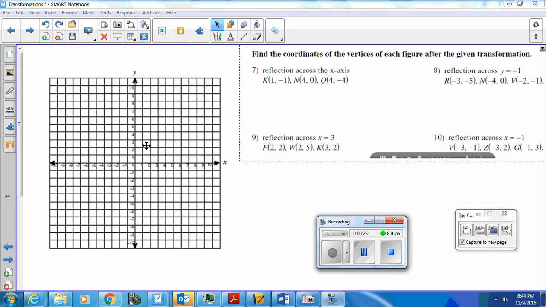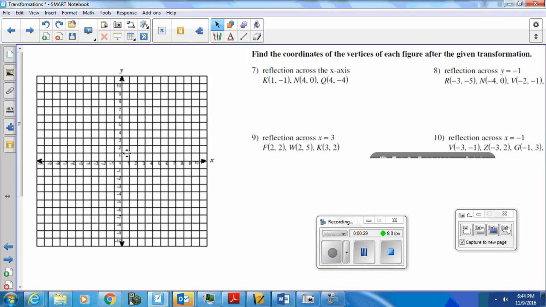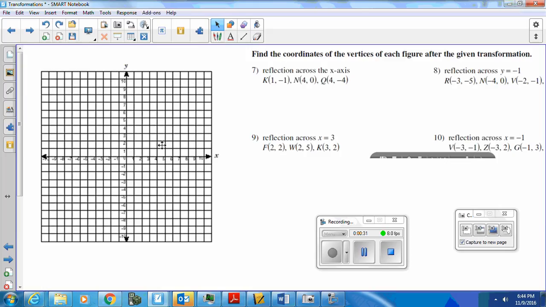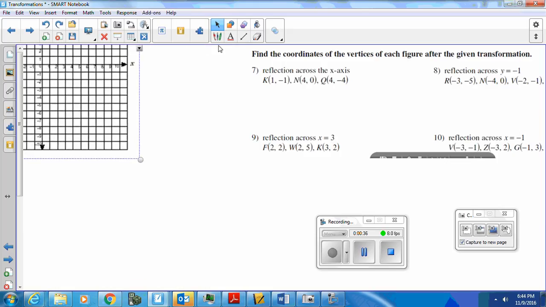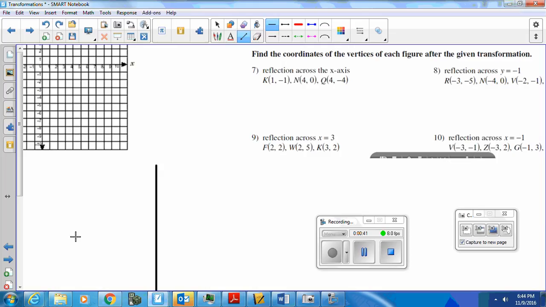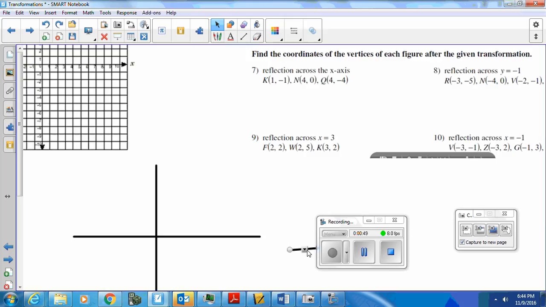Of course, you can use your own graph paper, or you can just draw your own graph. So I'm doing one here, but let's just say you did not have a graph like I have. You could always just draw something very, very basic. I mean, you could draw something like this and just number your axes: one, two, three, and then on the other side, -1,